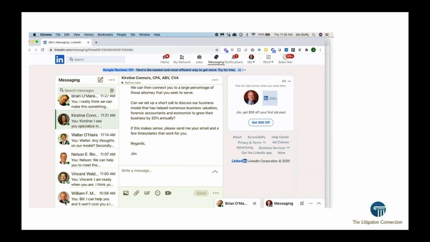And who are the people that are looking at our information, and who are the people that we're conferring with? Again, it's forensic accountants. Bill Murray, forensic accountant. Vincent, forensic accountant. Nelson actually is somebody that's not a forensic accountant. We'll look a little bit more about that conversation a little bit later. Walter O'Hare is from another forensic accounting firm, and we continue on.